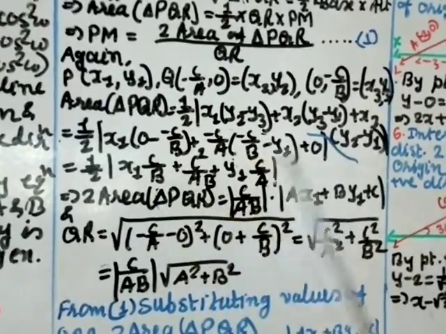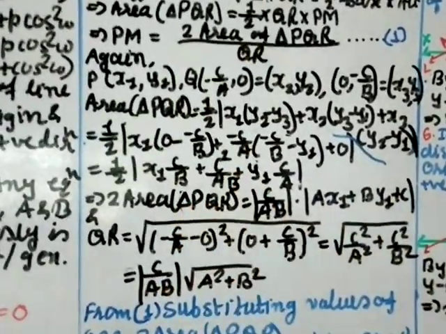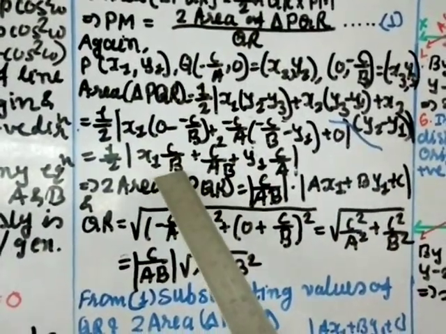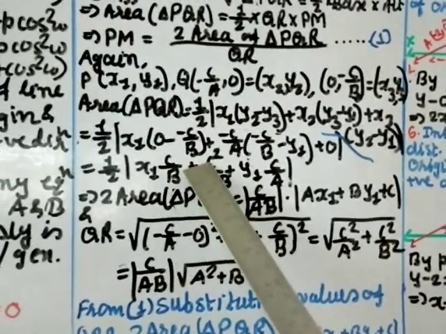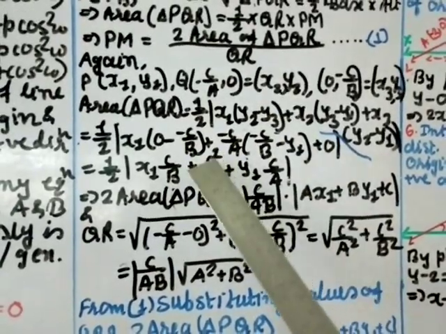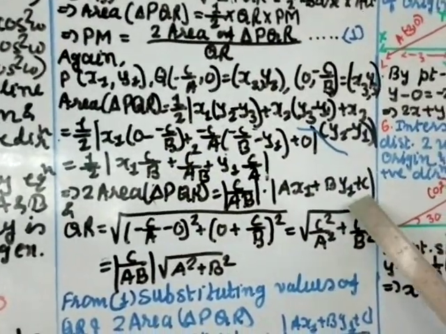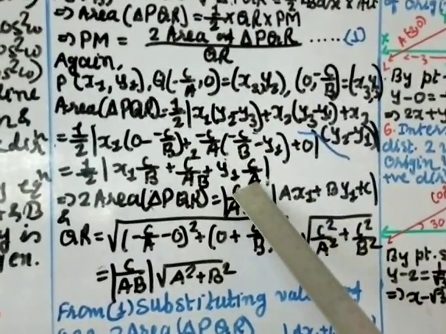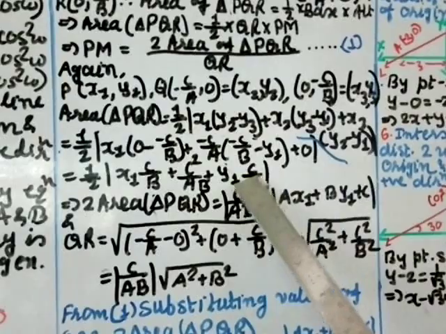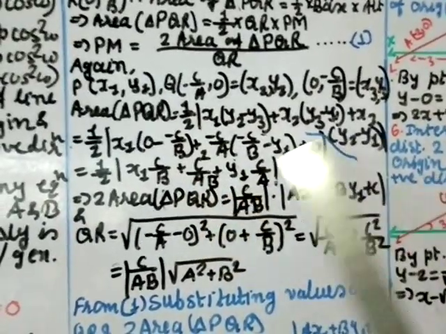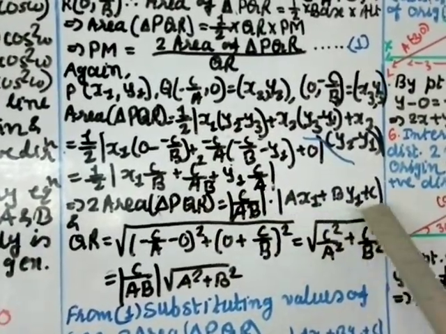So 2 area of PQR equals, here I am taking the LCM as ab, and from the numerator I am taking c common. So see here b is there, so you require a, so you multiply, so a x1, c already taken out. Plus here ab is there, so nothing I am multiplying, here c square is there, but one c I am taking, so here remains c. Plus here a is there, so I have to multiply by b, so b y1, and c is taken out. So this is what you get: a x1 plus b y1 plus c.